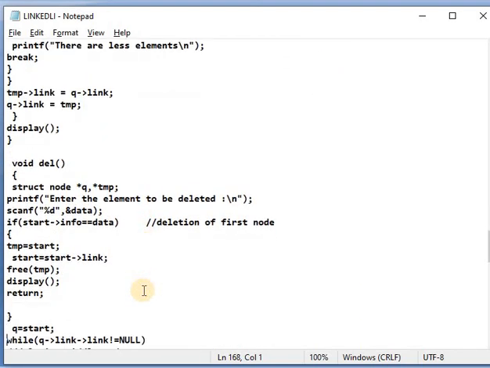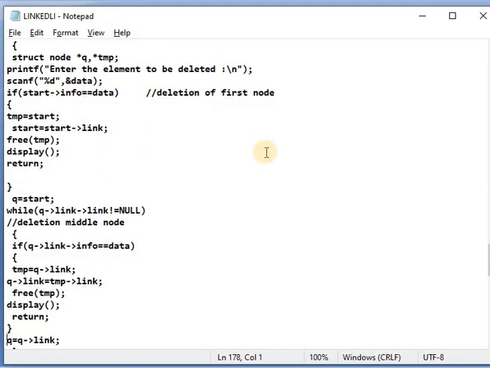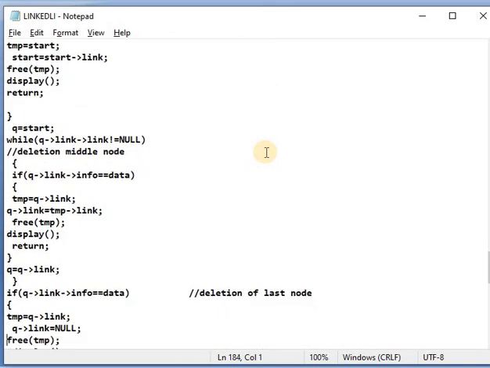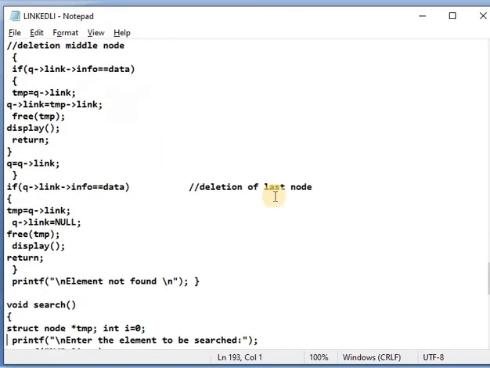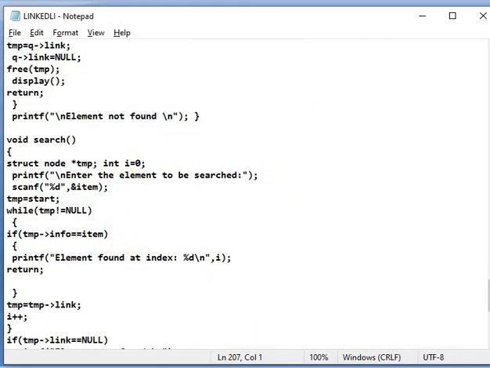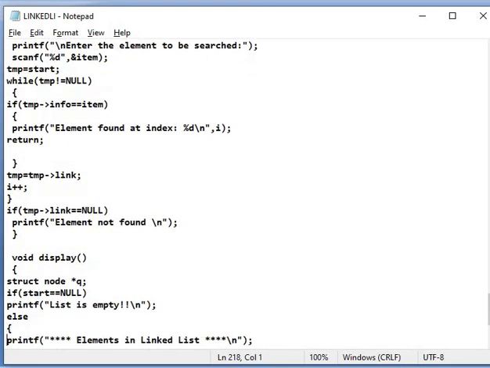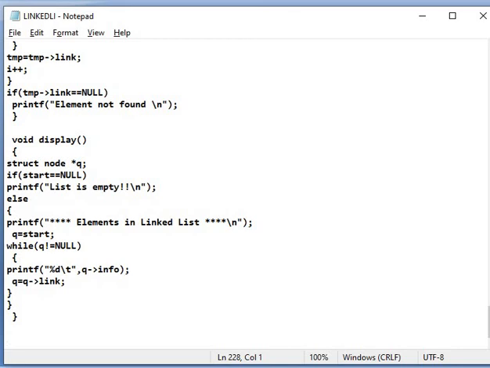Then the function with the code for deletion of the first node, deletion of the middle node, and after that deletion of the last node. Search the element, and then display.